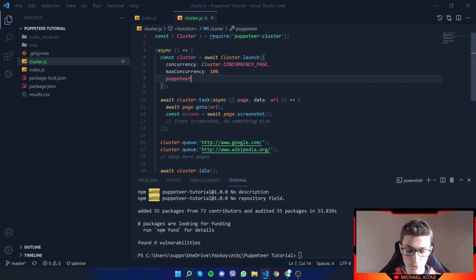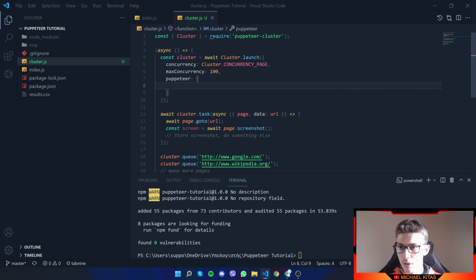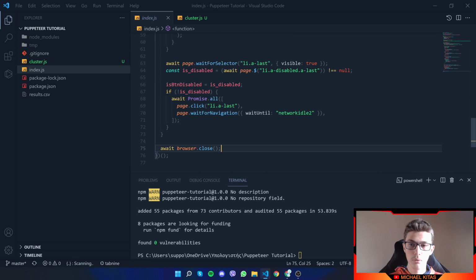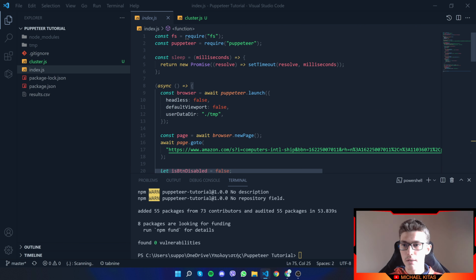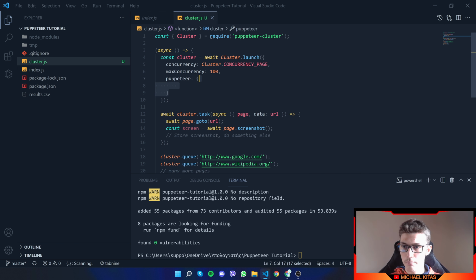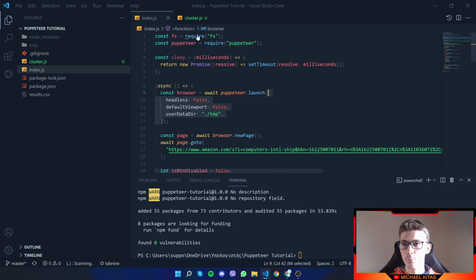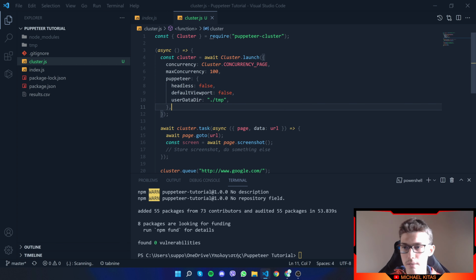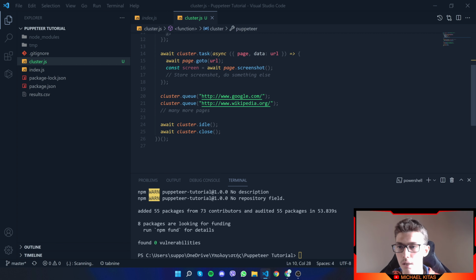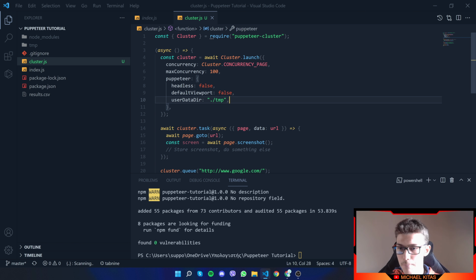So I'll pass another option here, and it's called Puppeteer. I'll open an object, and I'll pass some options. So here you pass the options that you would also pass right here on the puppeteer.launch. So I can just copy them and put them here, and I just passed the options to Puppeteer cluster using the Puppeteer option. So now that I have passed them,